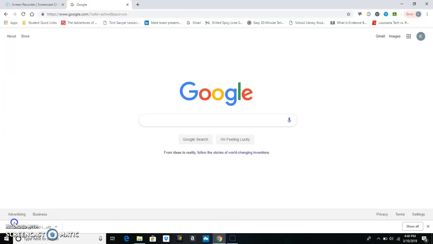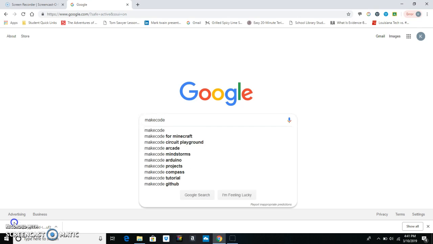Hello everyone! I'm very excited about this tutorial today because this is going to be the first steps in downloading your code to our circuit playground. The first thing I want you to do is type in make code, one word,